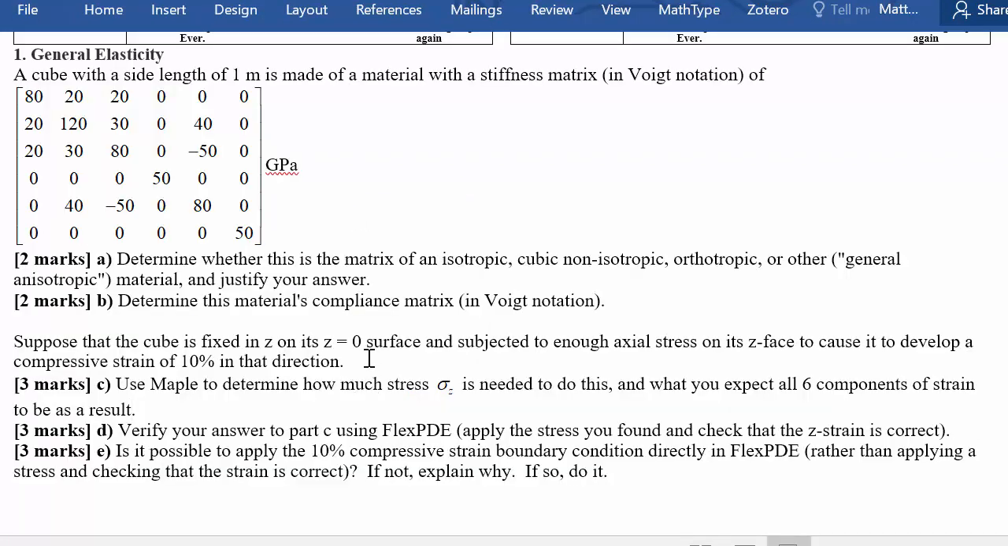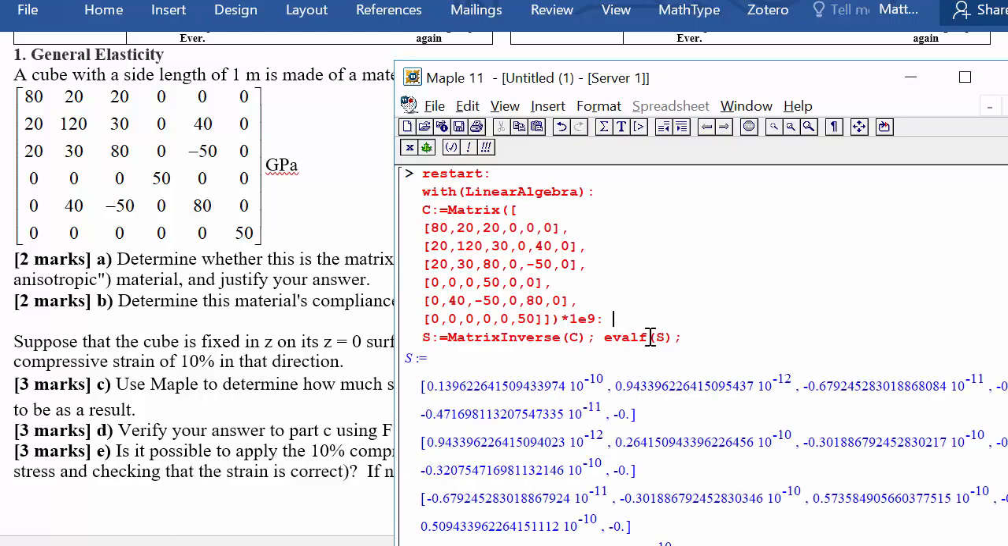In this particular question, they tell us that the cube is fixed in Z on its Z equals 0 surface and subjected to enough axial stress on its Z face to cause it to develop a compressive strain in that direction. Because they didn't tell us anything about the other surfaces being fixed, we're going to have to assume that the other surfaces are just free, which means that the stress in all of the other directions is 0. We know that we want a strain in the Z direction of negative 10%, and we know that we want the stress in all the other directions to be 0, but we don't know what the stress in Z is going to be to do this. So, okay, if we go over to Maple here,